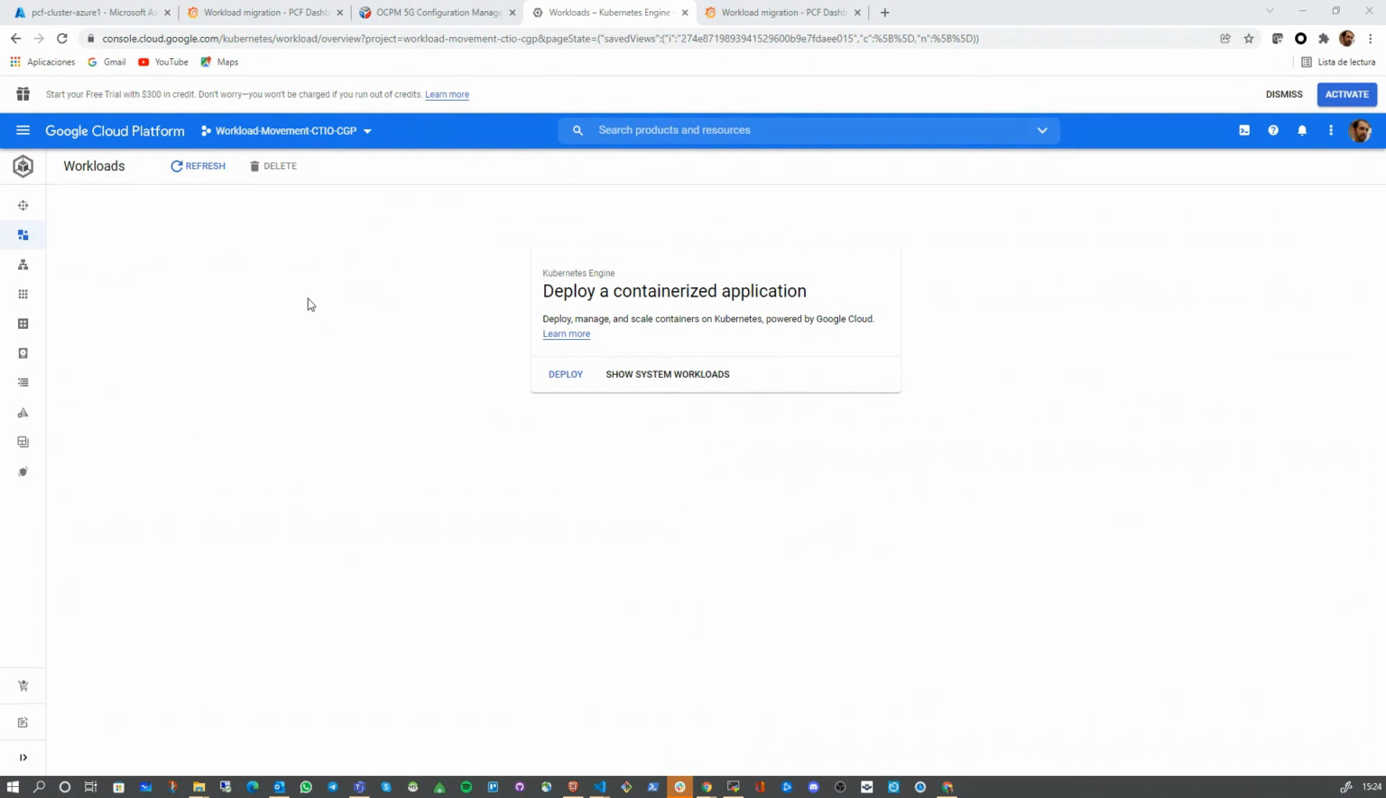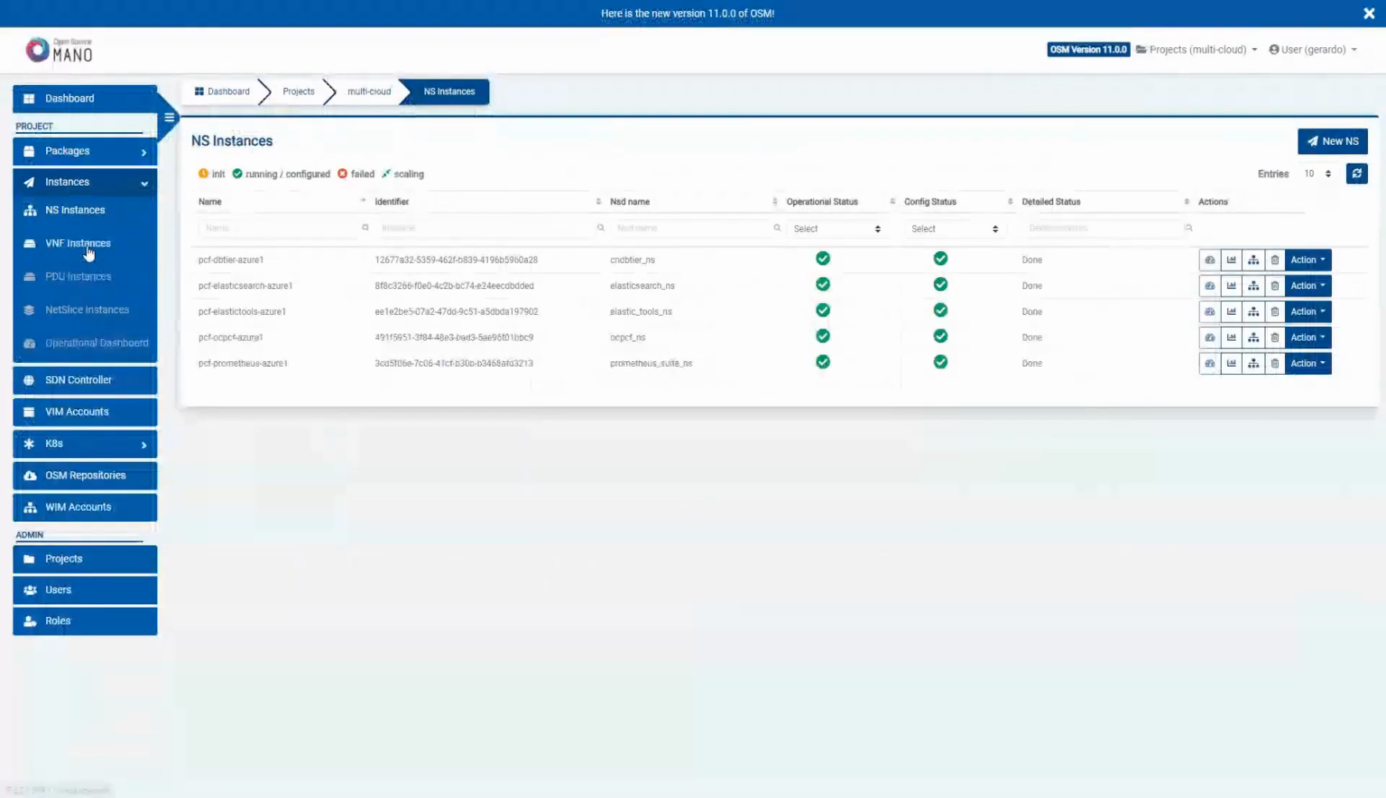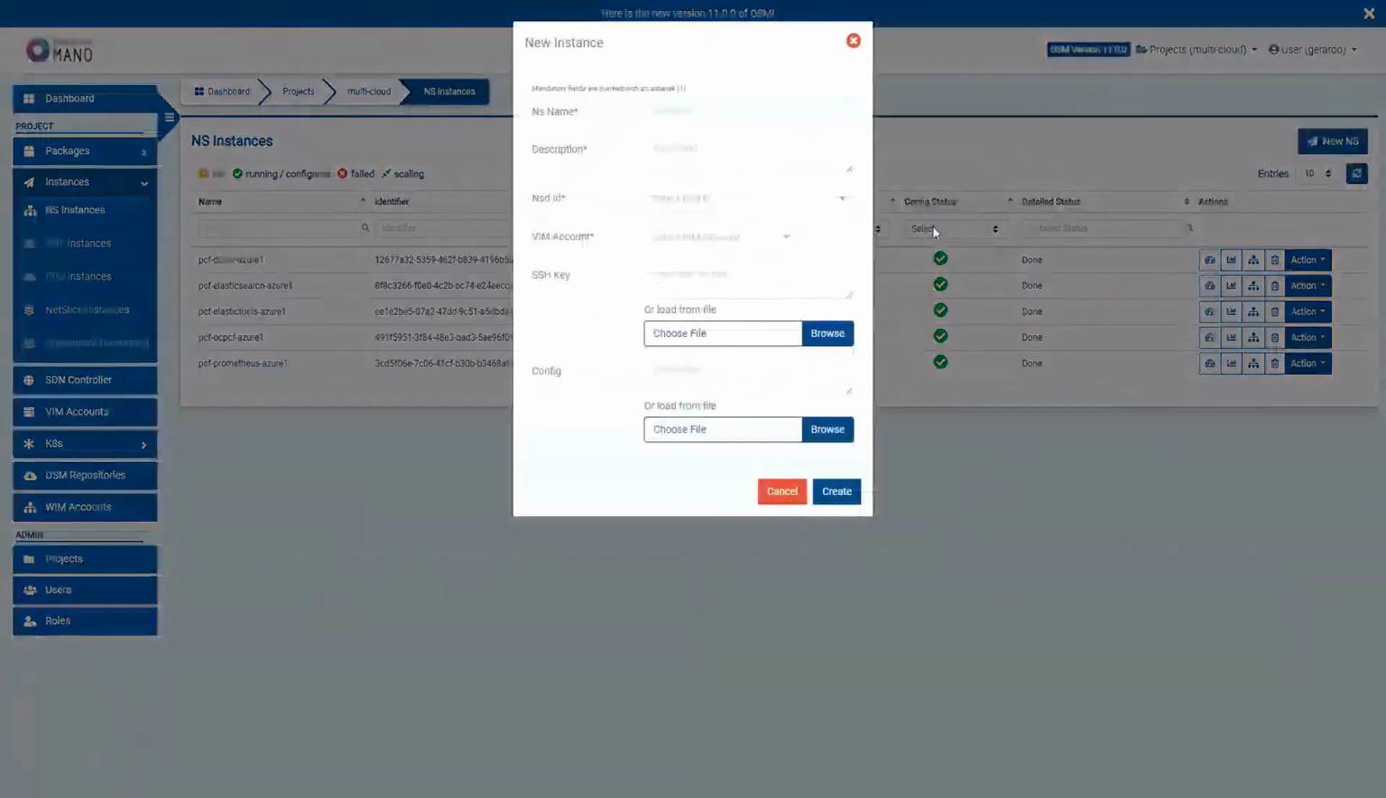So let me go to OSM right now, and let's go to network service instances, and let's create a new network service instance, right? We will have to create 5 network service instances, right? One for each of the network service packages that we have. So we'll start with